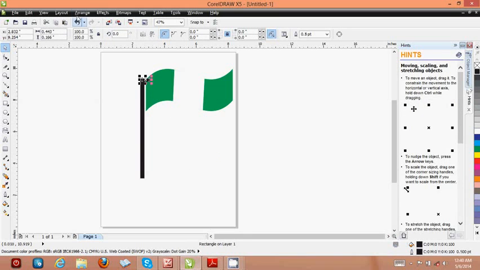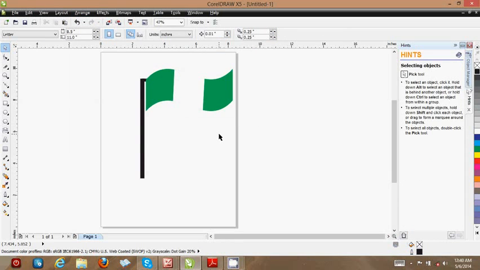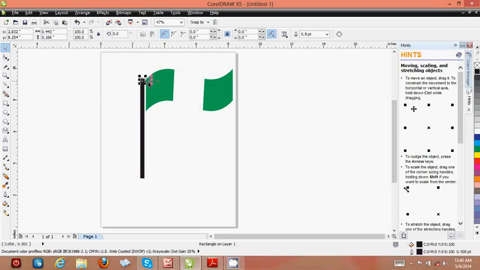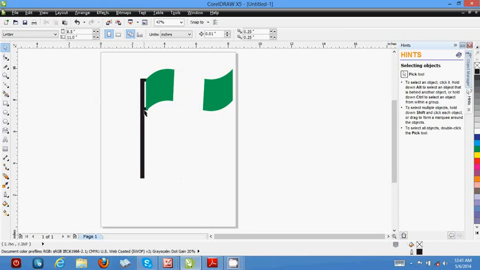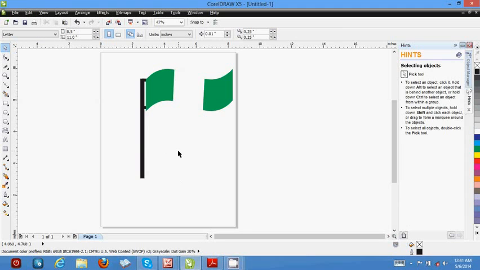Click on it, go to arrange, order to back. Yeah, so you can draw another one, or you can just multiply this. Select this, click on plus on your keyboard, your number key plus, and drag it down. Alright, you can take it up a little bit. So we have it like this. So you have any objects